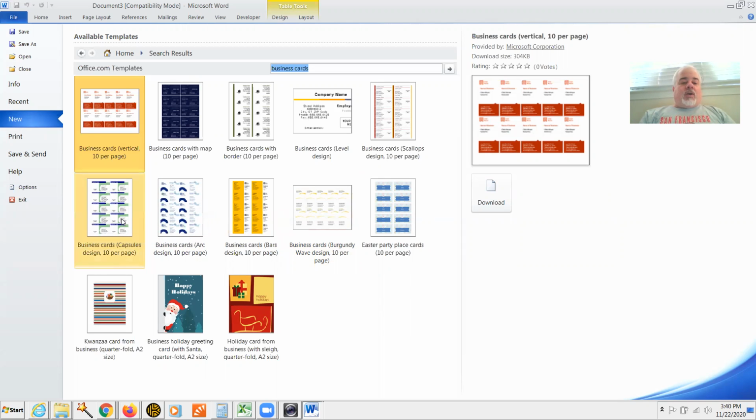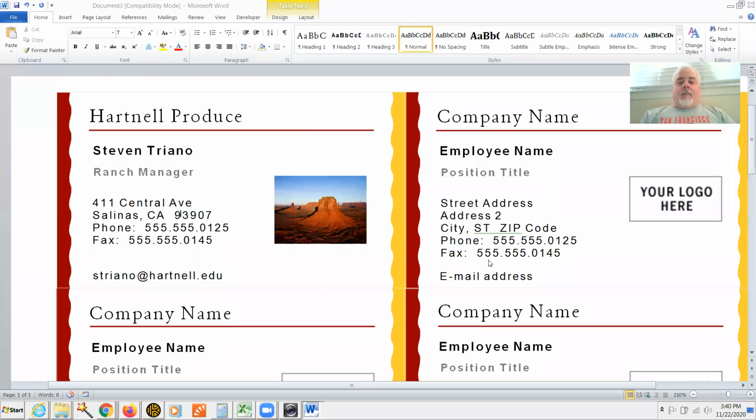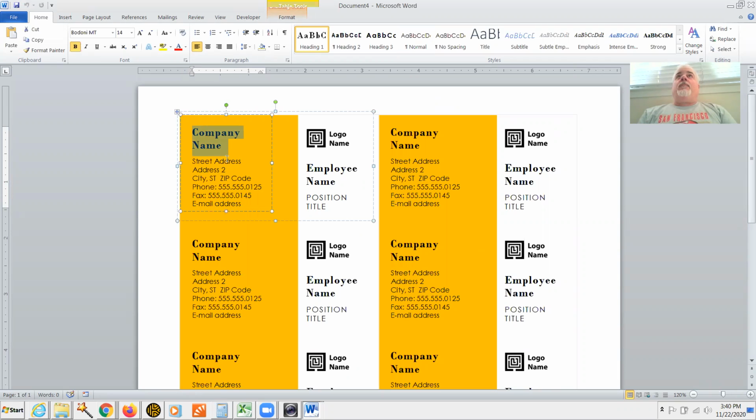Doesn't matter. So here I go for a simple design. Let's pick that one. And I'm going to say download. And there's the information. Another beauty about Microsoft Publisher versus Word, at least with some templates, are better than others. Some templates actually allow you to fill in the information once and it will propagate throughout the rest of the page. But here,